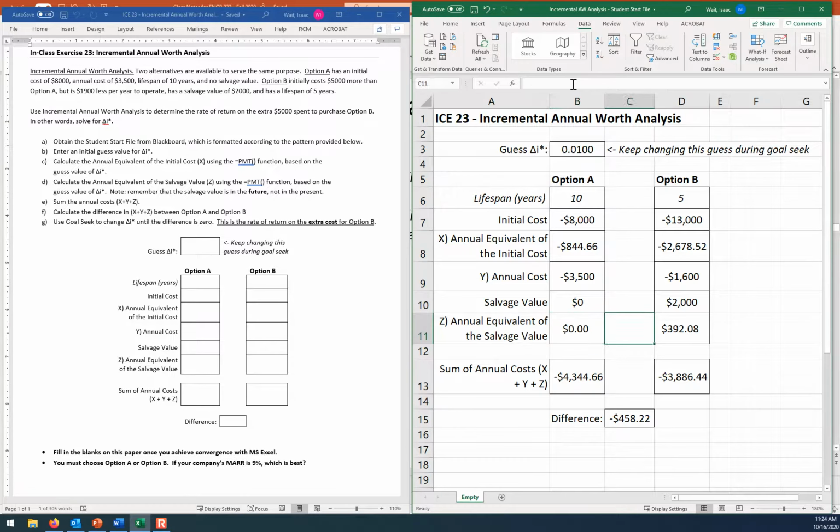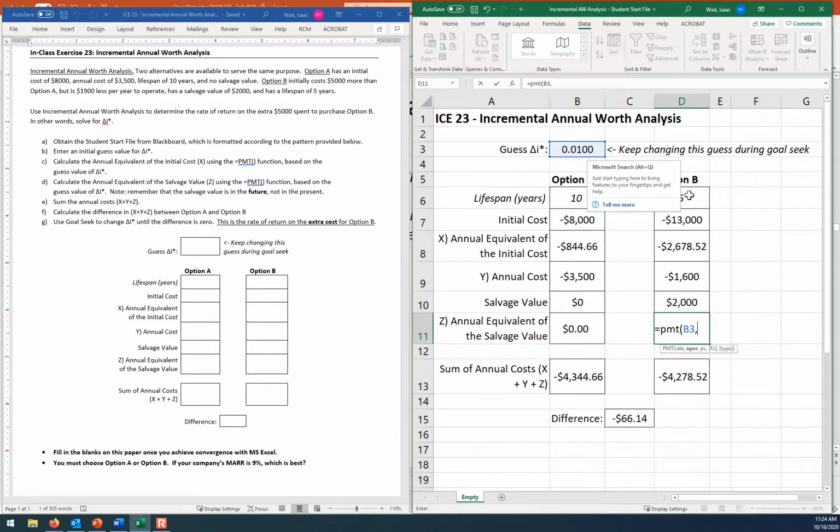That's 0, so let me not do it on that. This one's more interesting since it actually has a salvage value. So let's look at the payment function again, equals PMT. So we're clicking up here to the guess interest rate. N is going to be 5 years